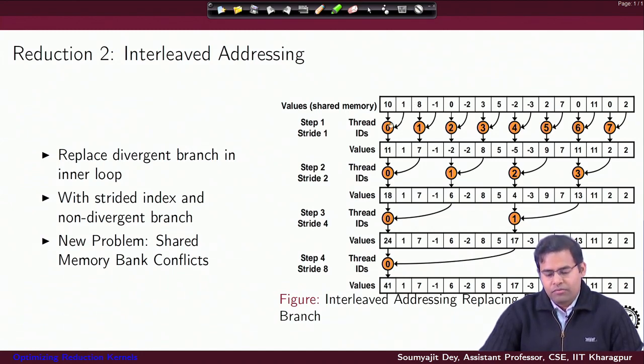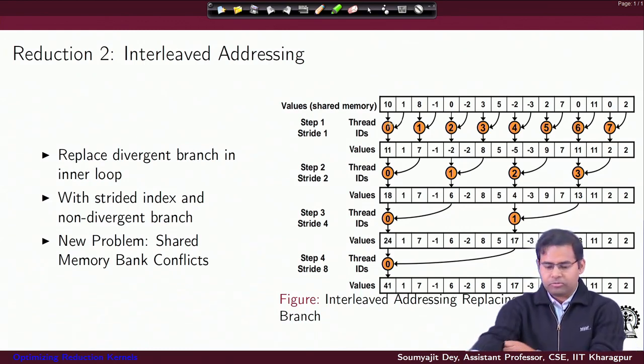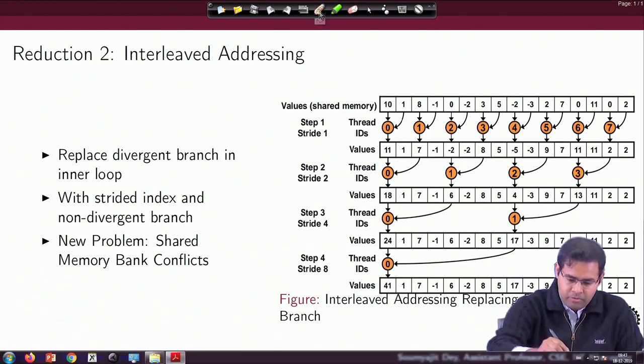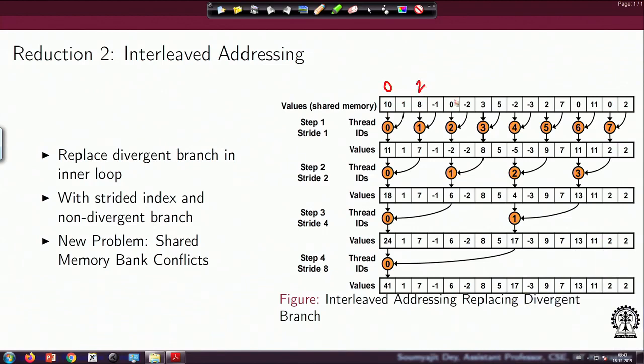To be more specific, thread 0 is loading from location 0, thread 1 is loading from location 2, thread 2 is loading from location 4, and all that for operand 1. That is the instruction that will fire, and when it fires, all the threads in the warp are not accessing exactly consecutive locations, so we have this issue of the bank conflict here.